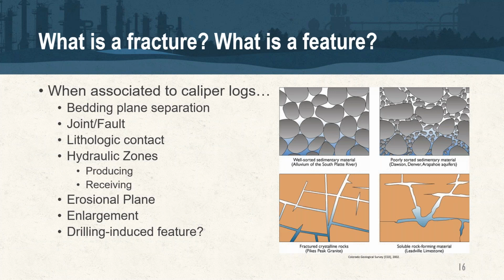And so we talk about fractures and features, and essentially looking at these items within the borehole itself, we're looking at typically secondary porosity features. And these are usually identified with what we would see within the caliper logs, like bedding plane separations, joints and faults, lithologic contacts, potential hydraulic zones when we're looking at it with a camera, seeing instances of producing groundwater or receiving groundwater,